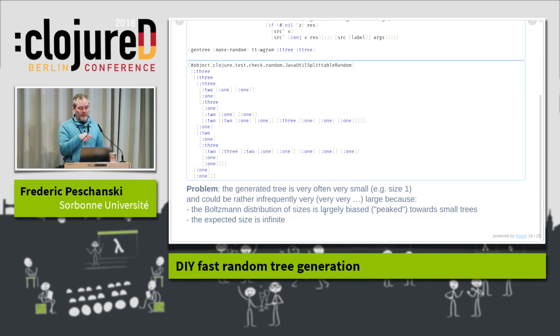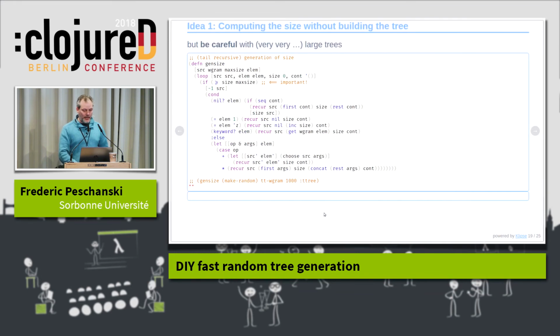And the problem is that the distribution of the sizes, not the objects, but the size of the object, is maybe on the camera, it's like this, which means that there is a very high probability that you will generate very small trees and a very small probability of having infinite trees. And so you have to work to control the size. And to control the size,